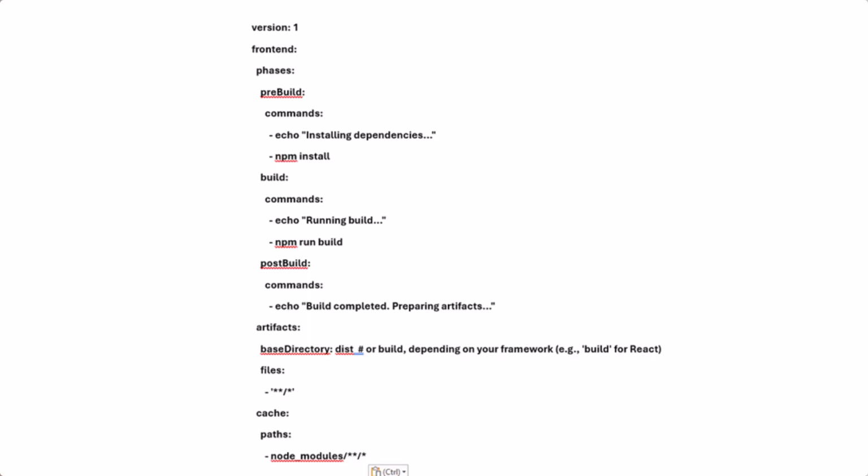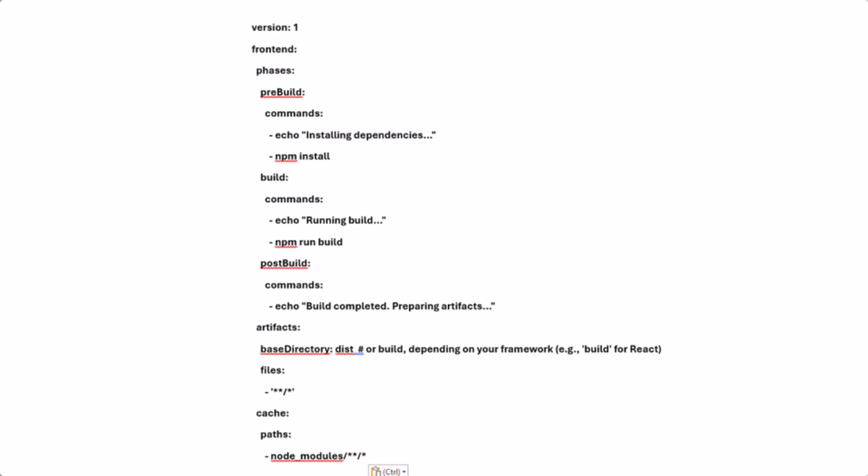Now, while it's optional, it can be useful for additional automation or custom scripting. So after the build step, the artifacts section tells Amplify where to find the files that should be deployed. The base directory is usually the output folder, like build for React or a dist directory for Angular. The files pattern, like asterisk or the /** for example, simply means that all files in the folder should be